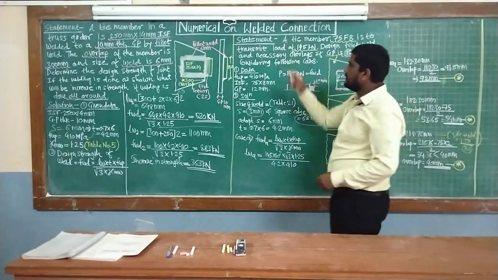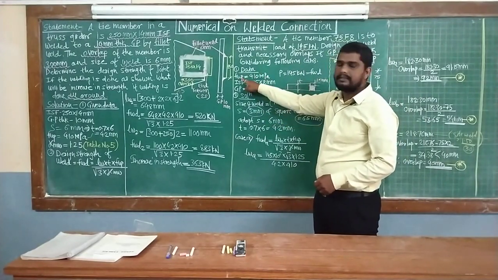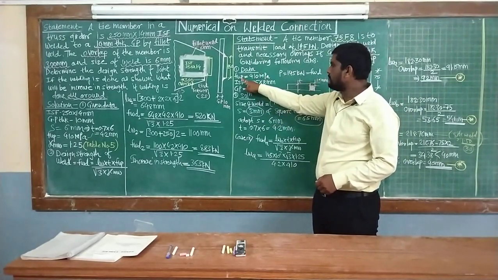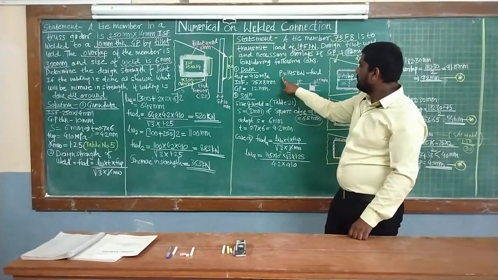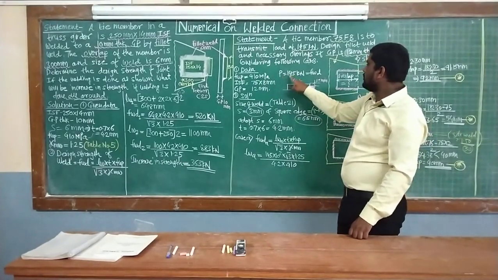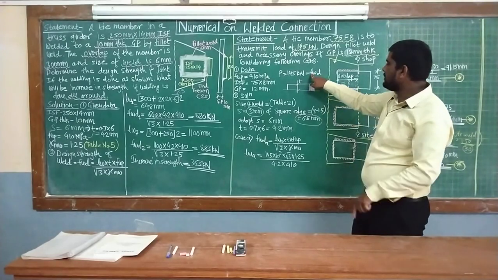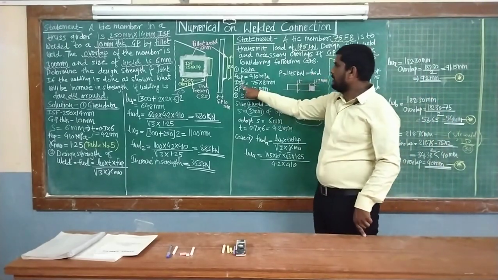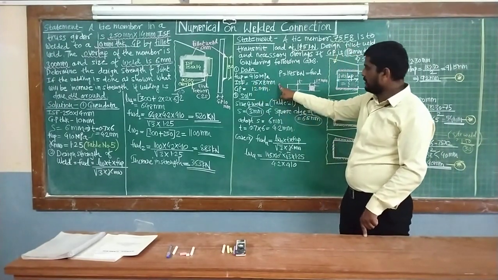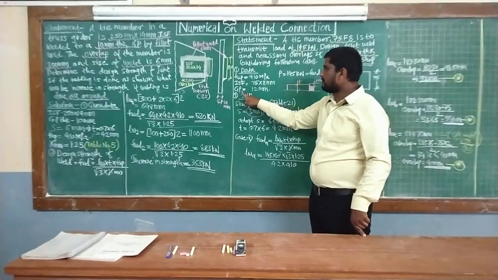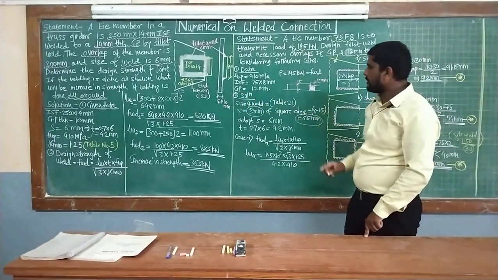So dealing with this statement, note down the given data. FUP, that is the ultimate tensile strength of the plate, 410 MPa or Newton per mm square, is given. T, that is the load or force, 145 kN, that is the design strength of weld, is given. Then Indian Standard flat plate 75 by 8 mm is also given. Then a gusset plate of 12 mm thickness is given.